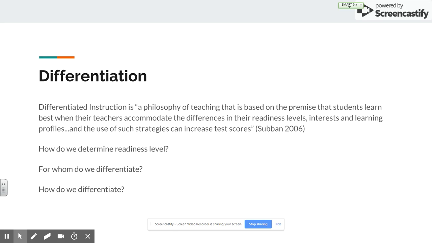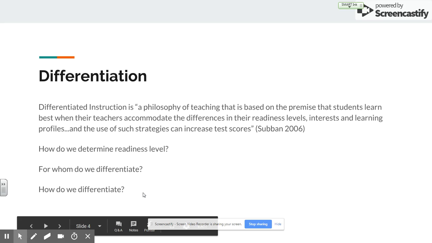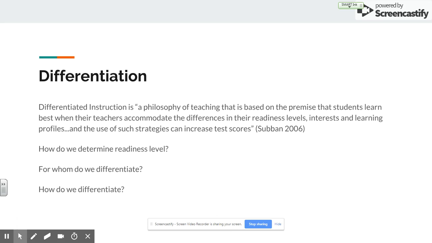So how do we differentiate? Well, this largely depends on what kind of student you have or the student that you're dealing with. We cannot have one blanket differentiation strategy and say, well, this is how we're going to do it for every kid, because that's not going to work. The heart and soul of differentiation is the fact that we have to individualize the education for our students. Only then can they be successful.